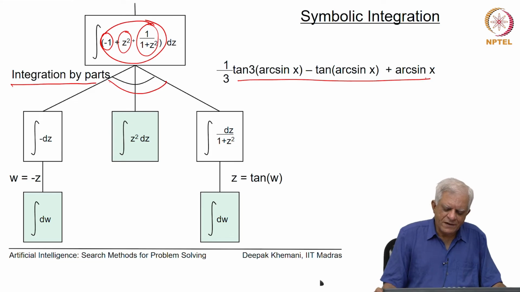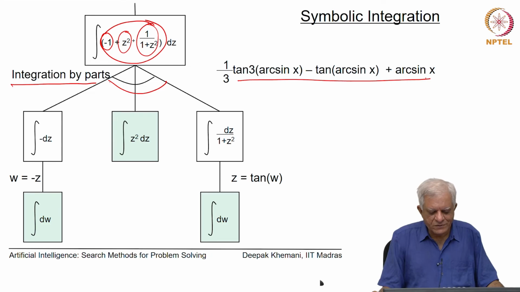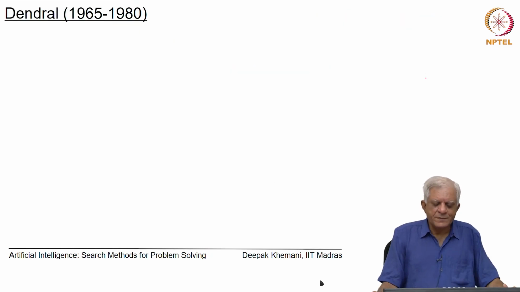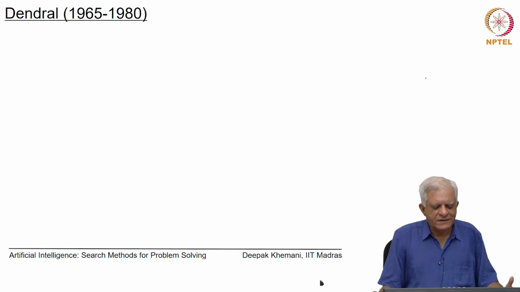So, symbolic mathematics is very popular nowadays, and there are many approaches. We started with a program called Saint a long time ago, then somebody developed a program called Sin, then there was a commercially available piece of software called Maxima, and now MATLAB of course allows you to do this sort of thing. Another problem where the AND-OR tree was really shown was in this program called Dendral, which was called an expert system, and